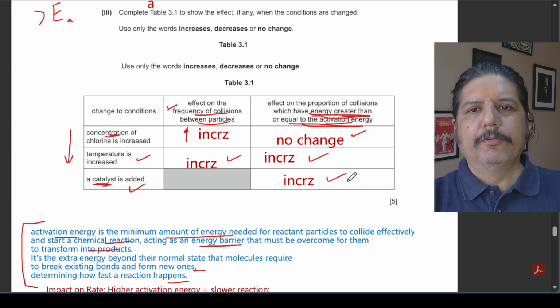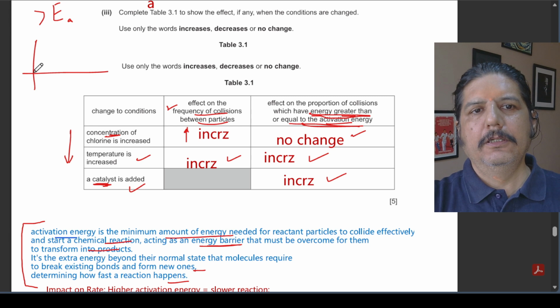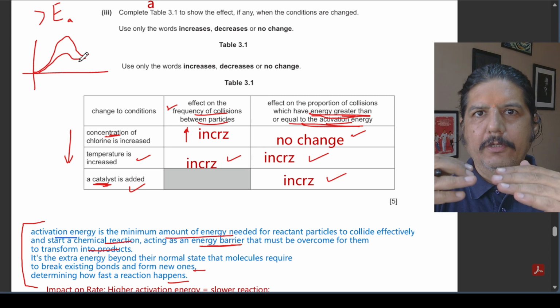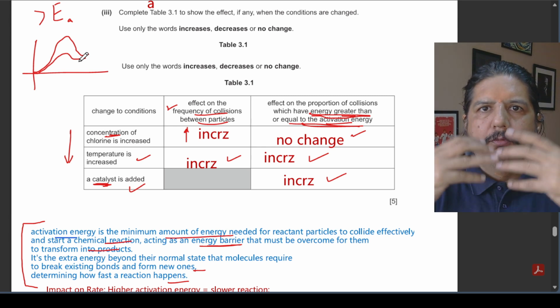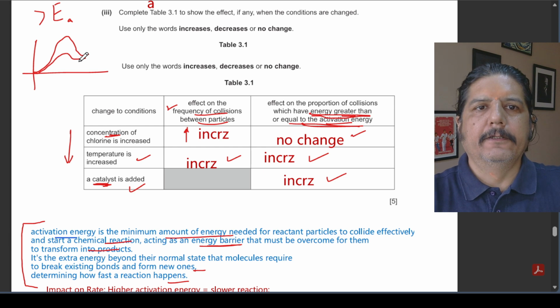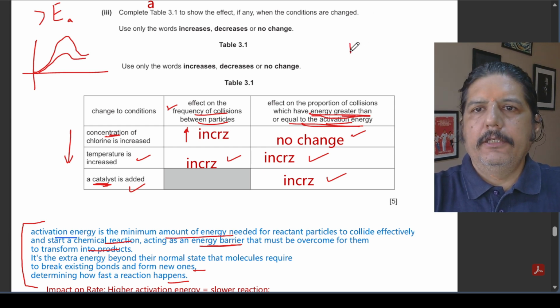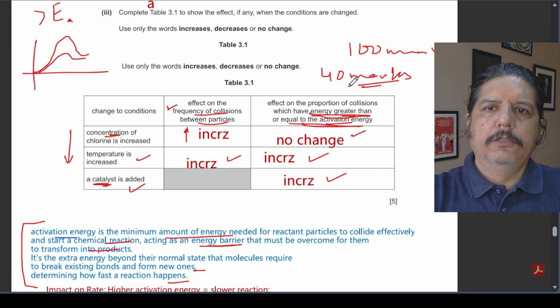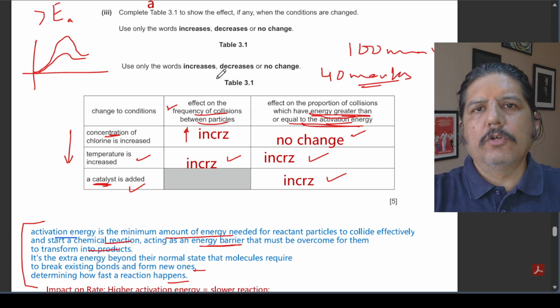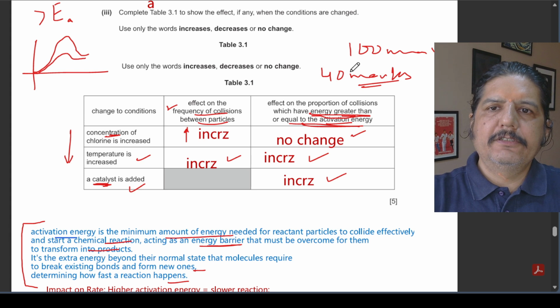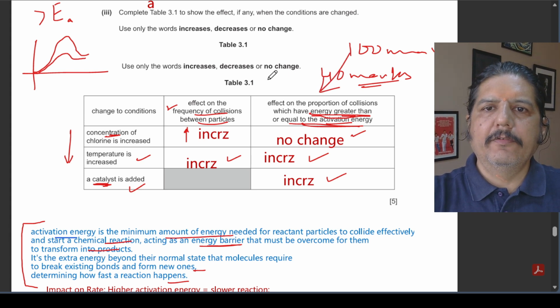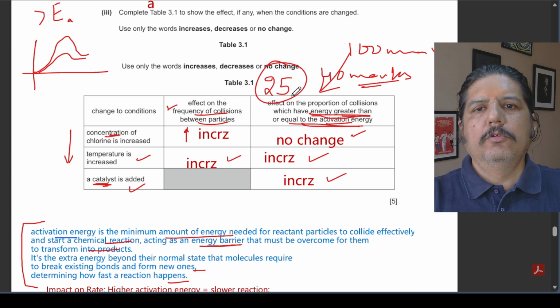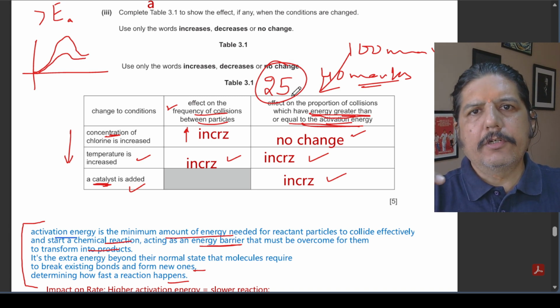as I've told you before, see the bump. This bump gets lowered. Now, because the bump gets lowered, more particles are able to participate in the reaction. They are able to complete the reaction. It is like saying, say you have a 100 marks paper. Your teacher first said that the passing marks would be 40 marks. But then she saw the performance of all the students. So what she said was, no, the passing marks have been revised to, let us say, 25. So the activation energy is a sort of passing mark.